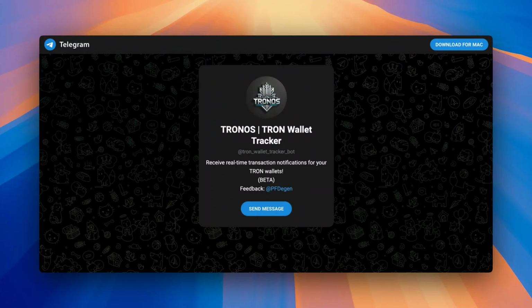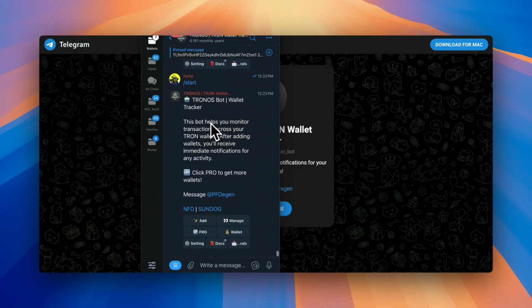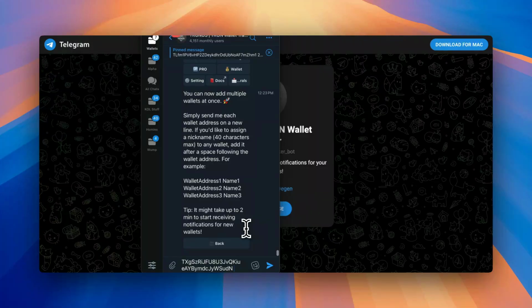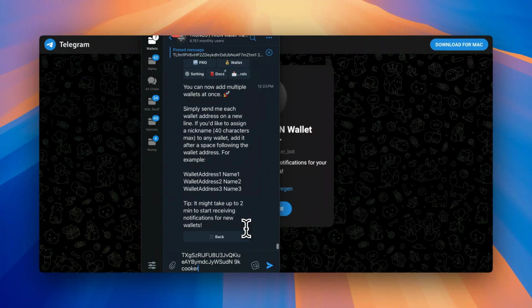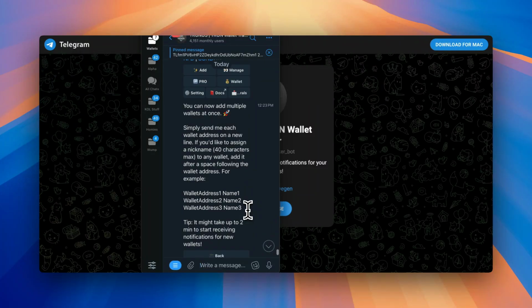And then once you're in the bot, it'll look something like this. It helps you monitor transactions across different Tron wallets. So all you got to do is click on add, paste the wallet address, and call this whatever you want, like 9K cooker or something, just so that you remember the name of the wallets that you're adding in here.